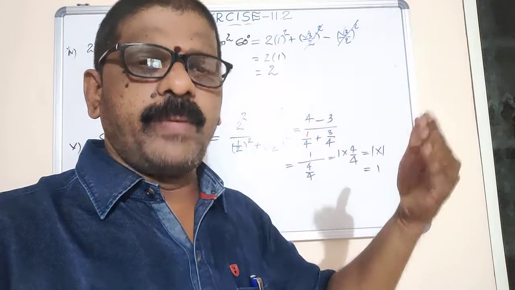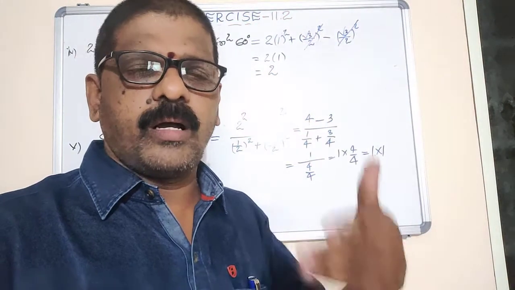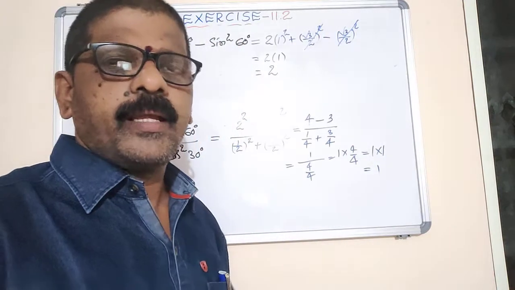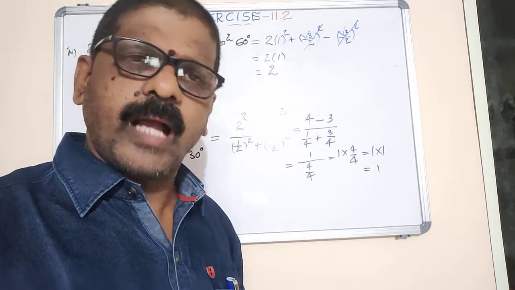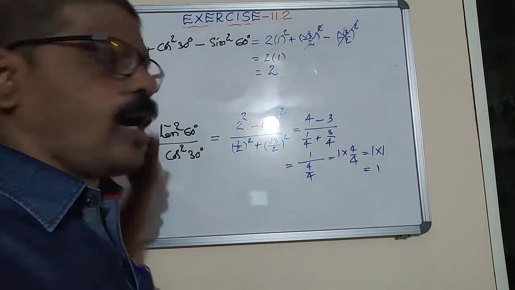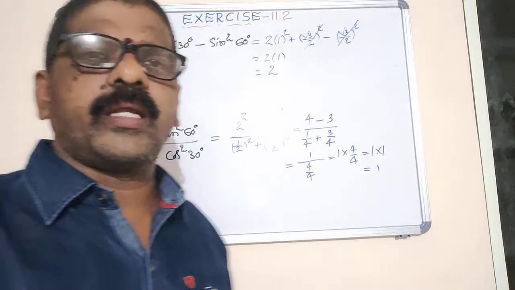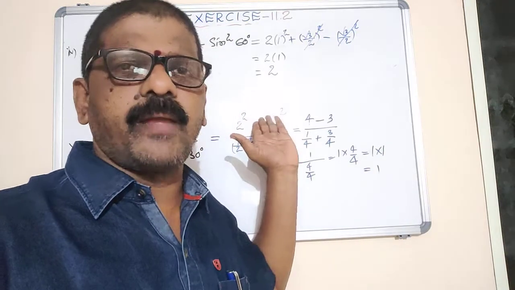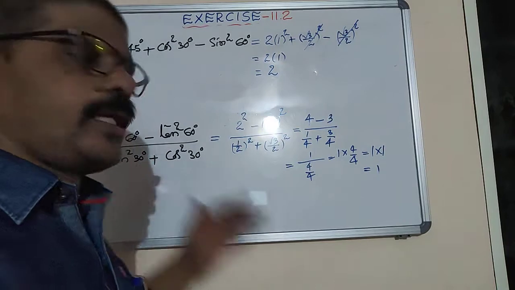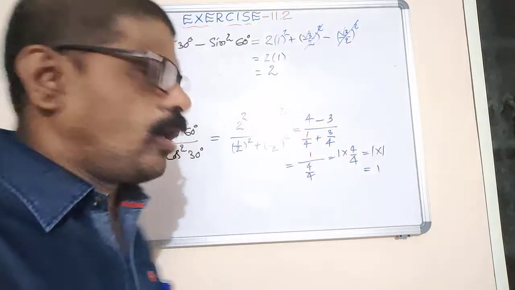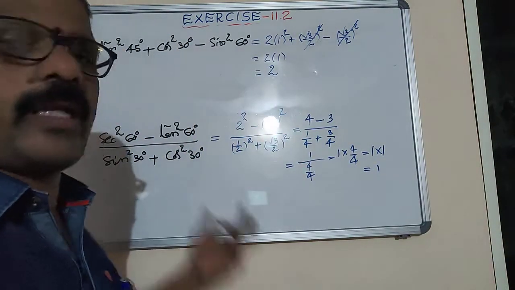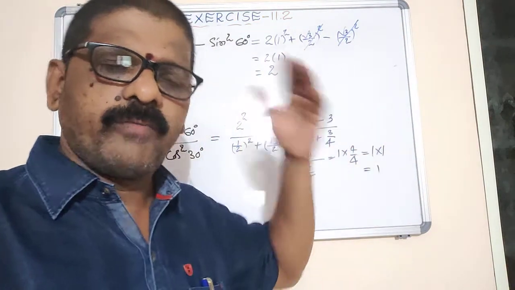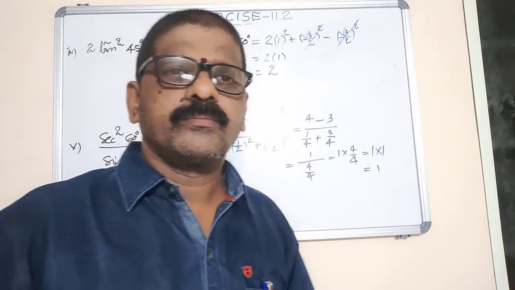Why? Because maybe the bit question is given, or maybe half mark or 1 mark, any one. So we are applying Pythagorean trigonometric identities. So it is in the form of secant square theta minus tan square theta. It will be 1. That means theta replaced by 60. Now in the denominator, theta replaced by 30. So sin square theta plus cos square theta equals 1. Clear? That is 1 by 1 is 1. So the first Roman is completed.